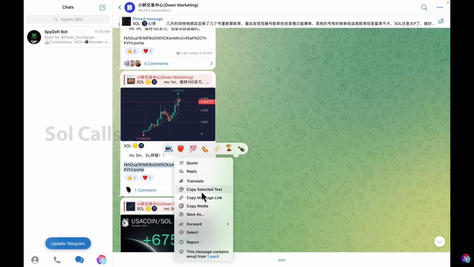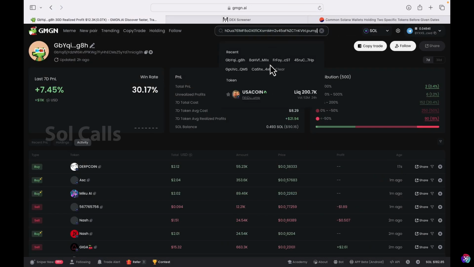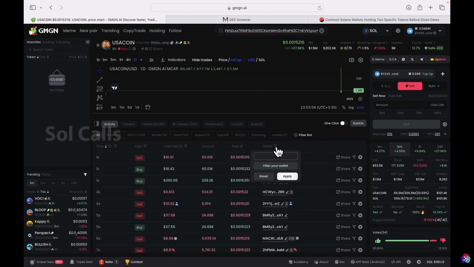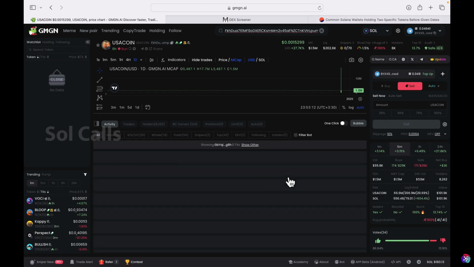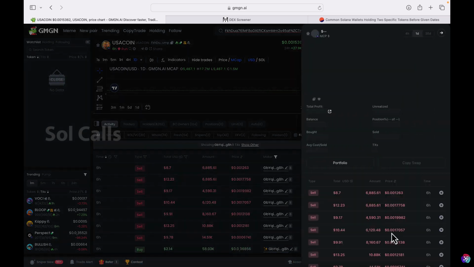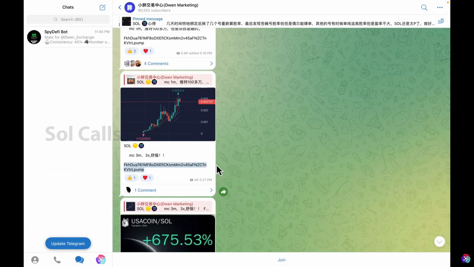Let's actually copy the contract, paste it in here, and now let's check this wallet and see when he bought the token. Okay, if I click on buy, let me scroll down. He bought at 5 p.m. Let's see the post. This posted at 5:27